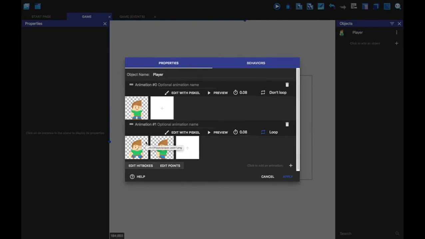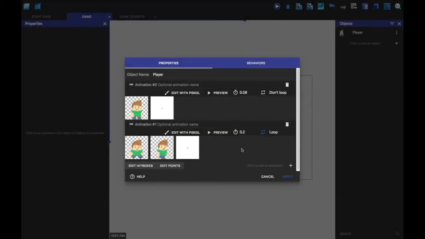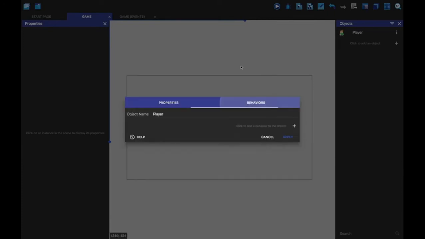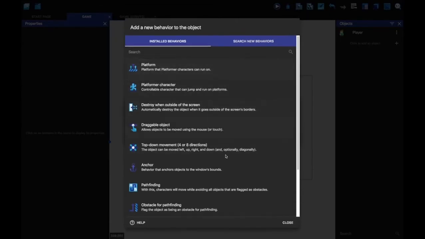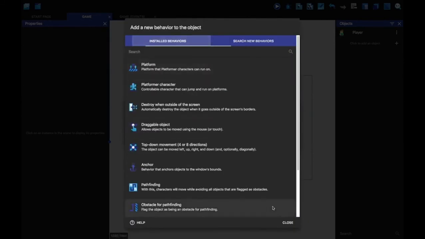To create an object, first in the object panel, click add a new object, then select sprite. Then in the object name field, type a name.